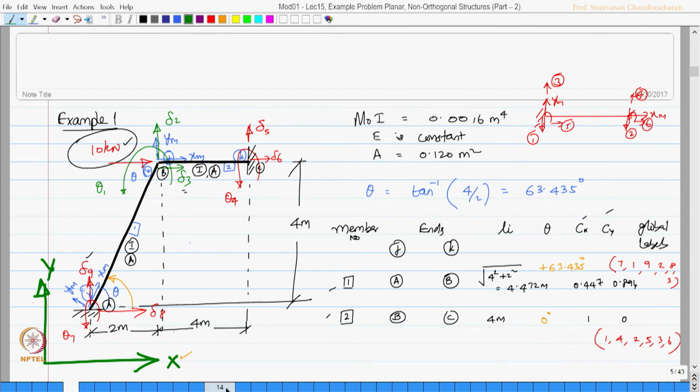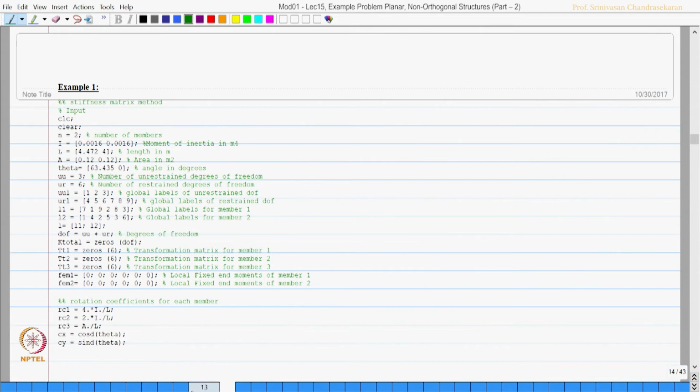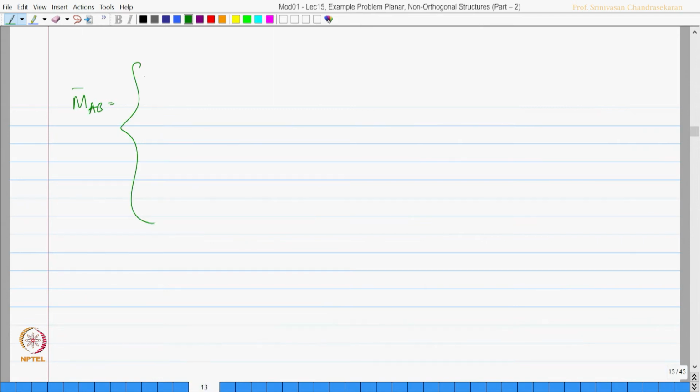Keeping that in mind, I can say this is m bar 7, m bar 1 rotations, that is end moments, then vertical reactions along y, then horizontal reactions along x at different levels, which is computed as